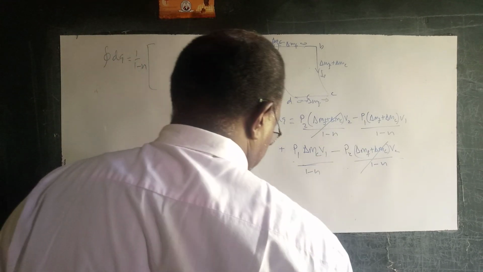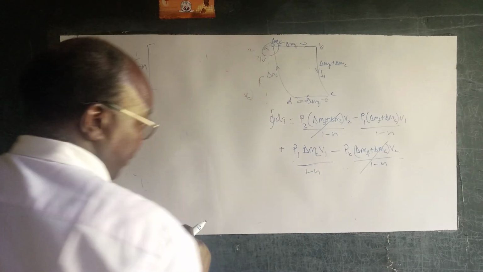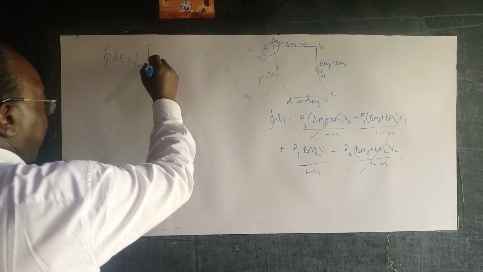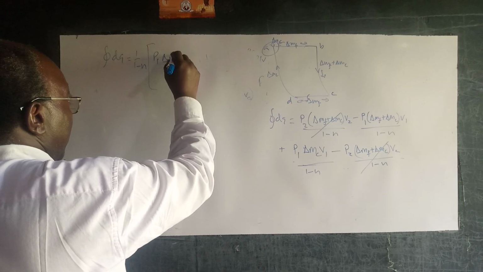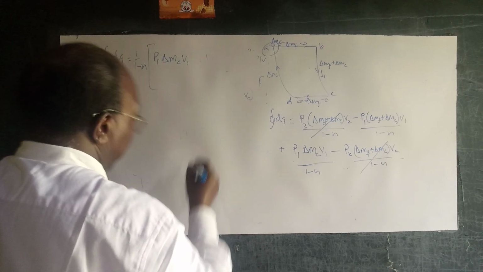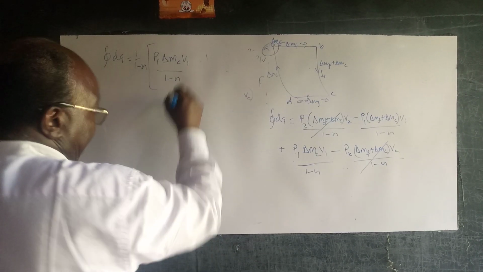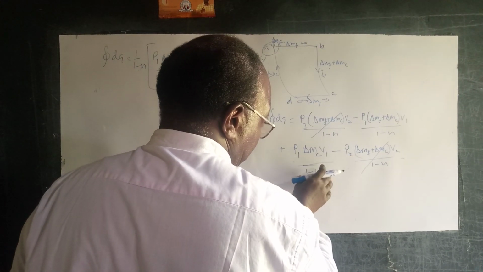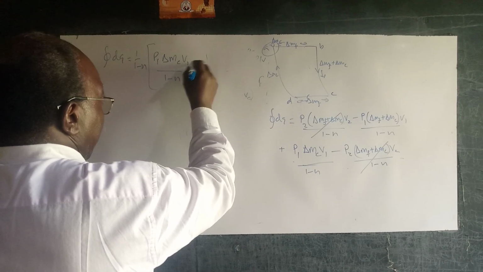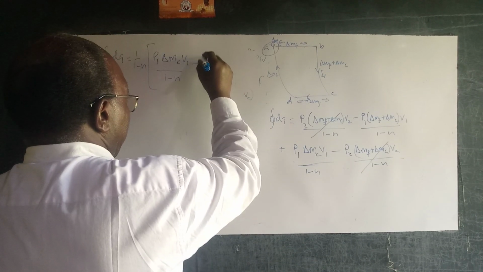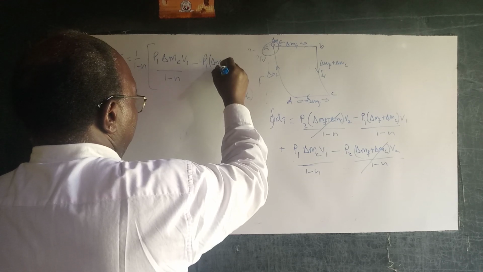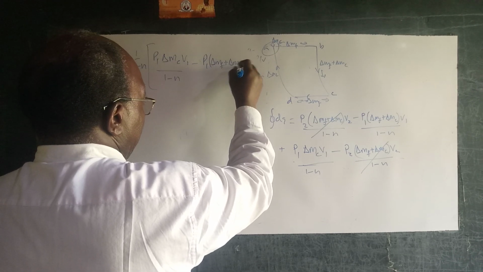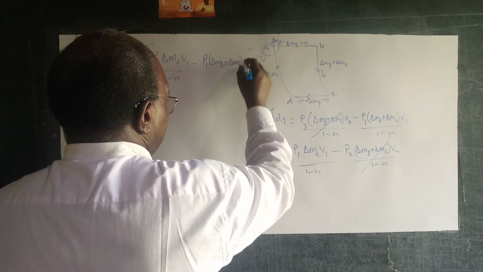And so we have minus, basically P1 delta MCV1 over 1 minus n, minus P1 delta MF plus delta MC V1,